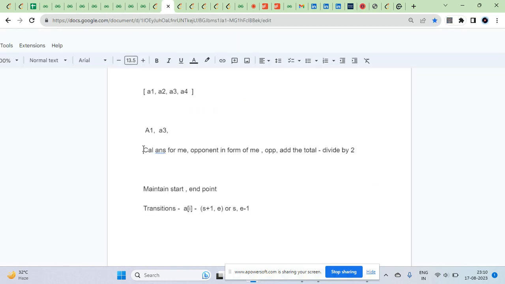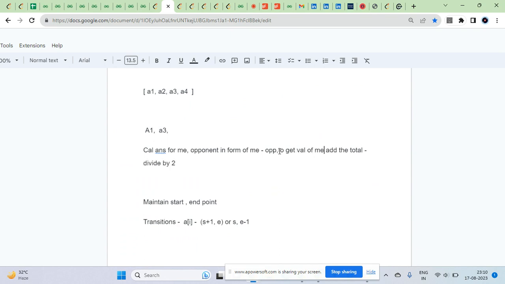So this is the logic. I think the logic is clear or not. We calculate the answer in the form of me minus opponent. To get my value, I need to add the total and then divide by 2, because when I add the total, the opponent's value gets cancelled with its positive, and my value gets doubled. Okay, so the transitions are this: